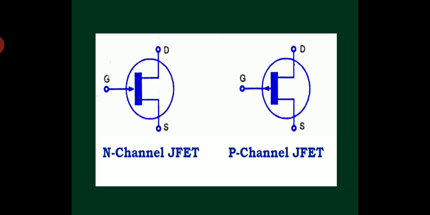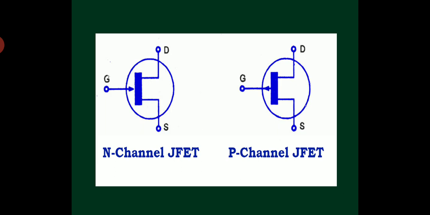But the field effect transistor, FET, is not a current control device, it is a voltage control device. Here the output current is not a function of input current. The term field effect transistor was named after the characteristic of this device. The output current depends on the input field, so the input field affects the output current.